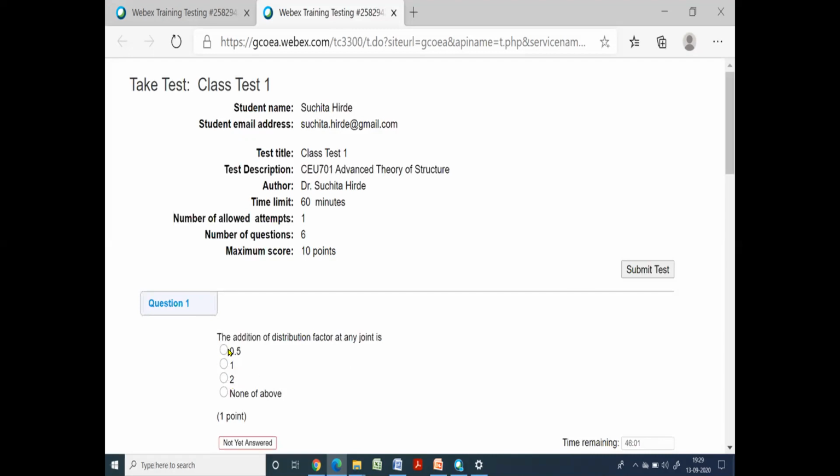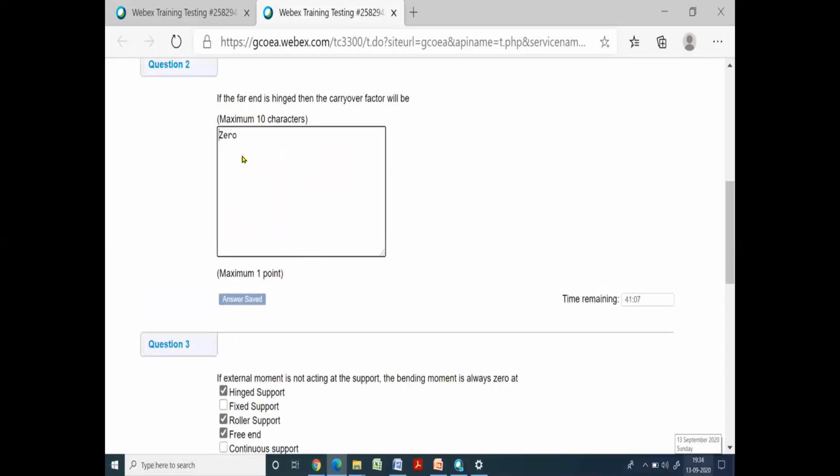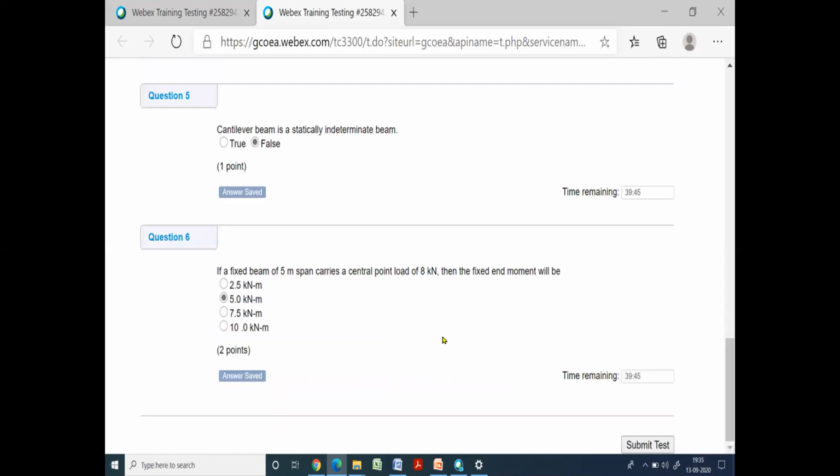In multiple choice question, these answers have round shape here, circles. Then this is essay type question where student can type their answer. Student can see the time remaining here. Then this is multiple answer type question where student can select multiple answers. So like this, student can solve this paper, and after that, once he completes this test, they can click on